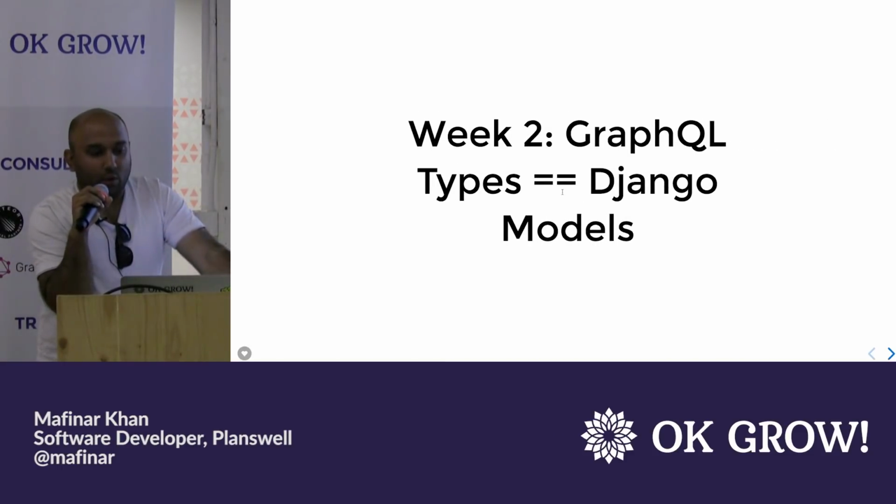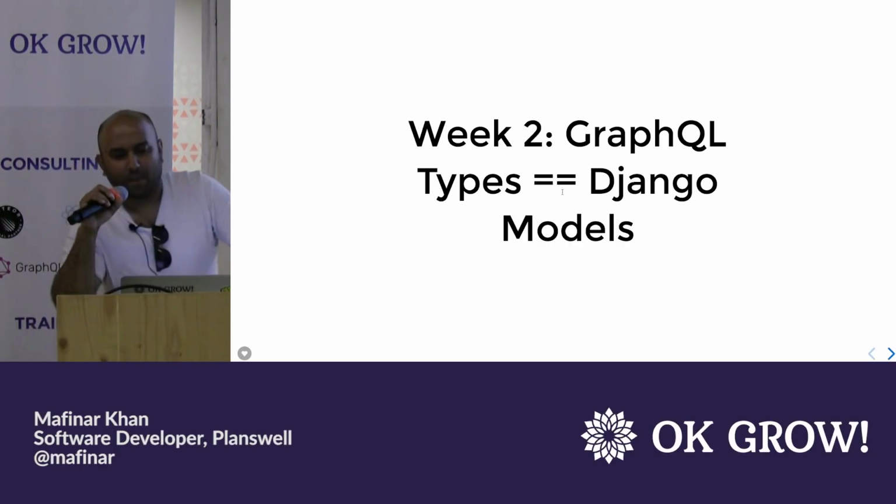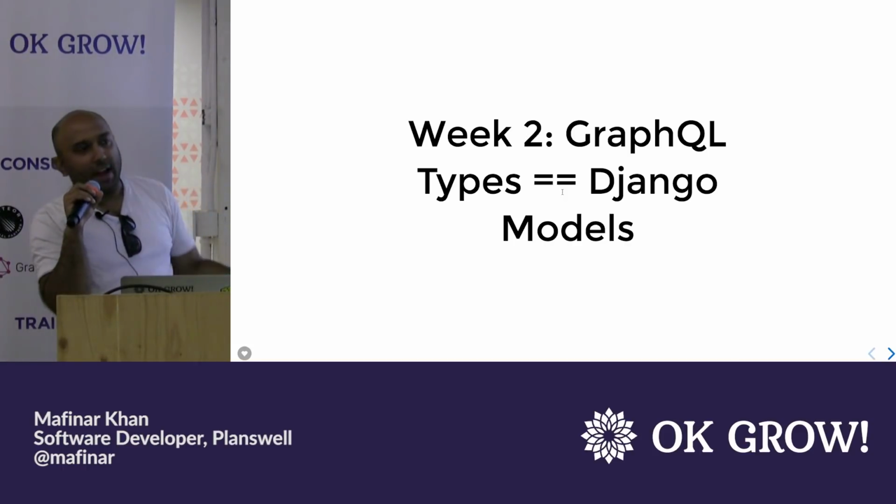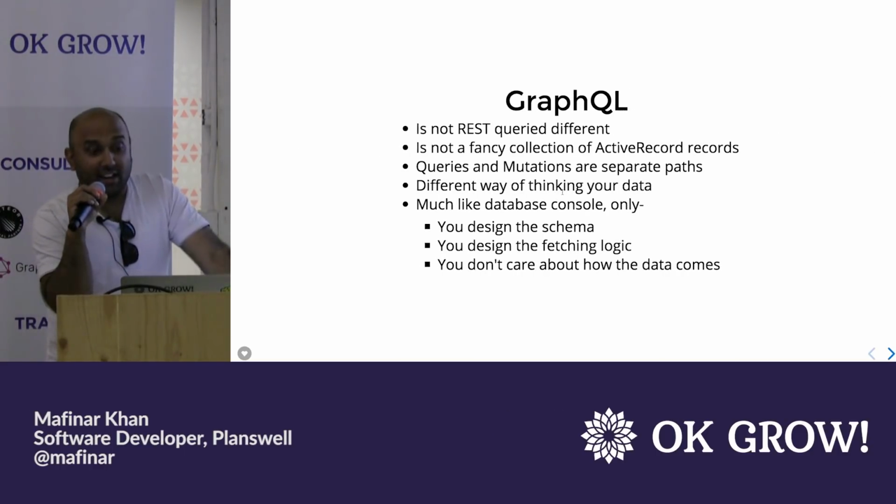Next week, we learned a little bit, saw some talks and had some chats, and then said, okay, let's do something else. Let's translate all our Django models into GraphQL. If I have a client with first name, last name, date of birth, the GraphQL would have the same thing, with the same names. I mean, we did not really get out of the whole active record thing. So again, that did not work.